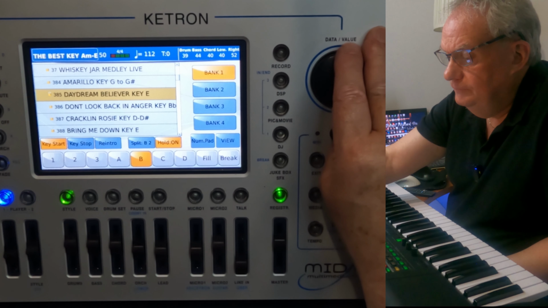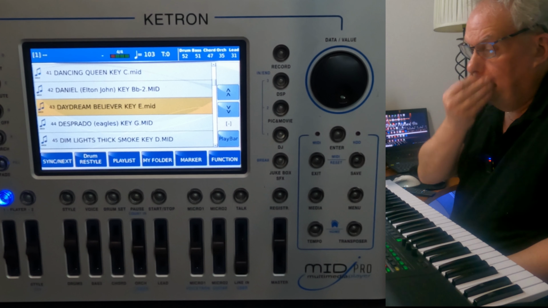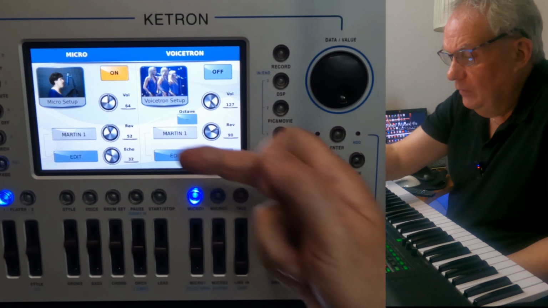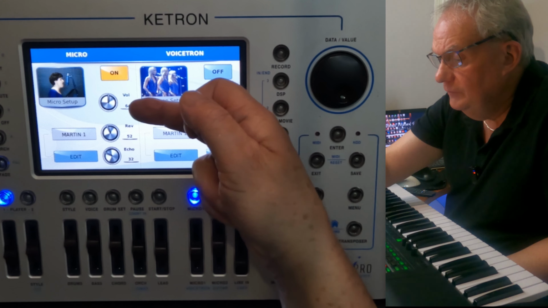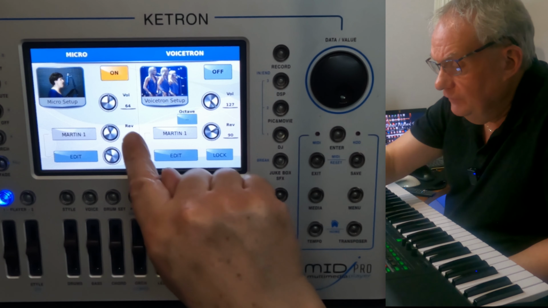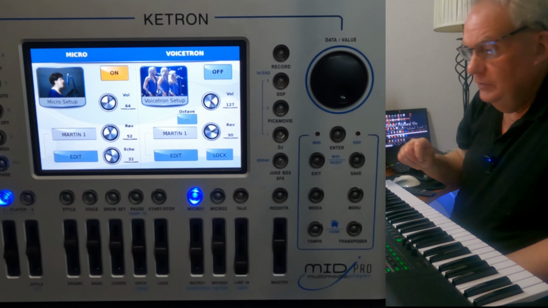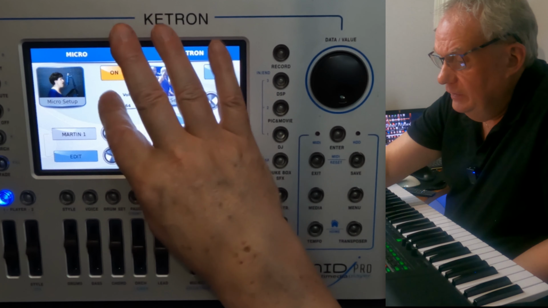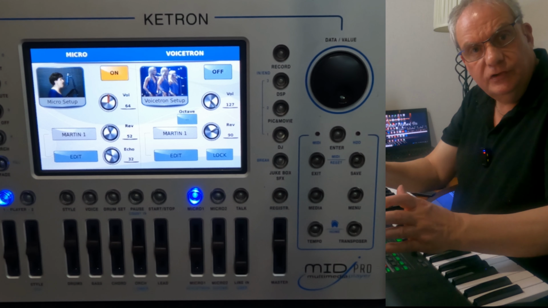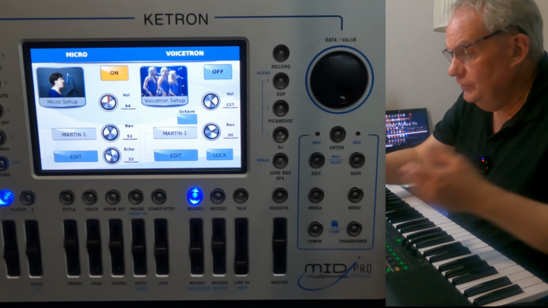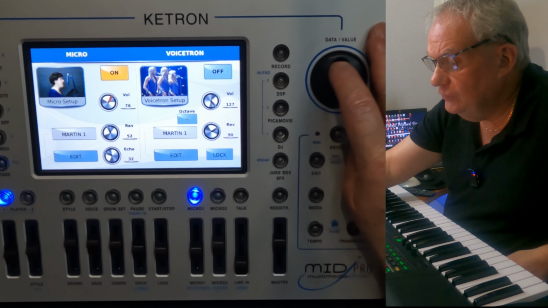Let's say that one. Click on my microphone. Now look at the volume. I stayed at 64, the reverb I stayed at 52, the echo is at 32. So now just stay again, because you want to be able to do this in a room if you're playing live. And if there's too much reverb in the room, you want to have control of this